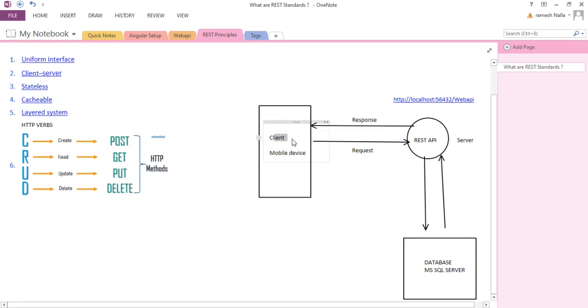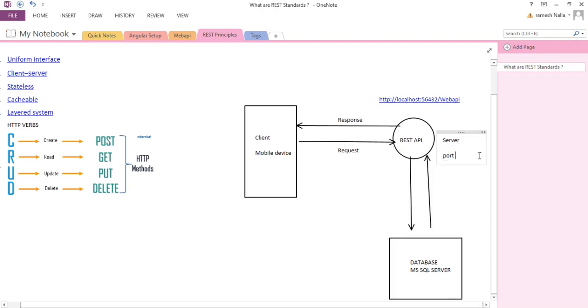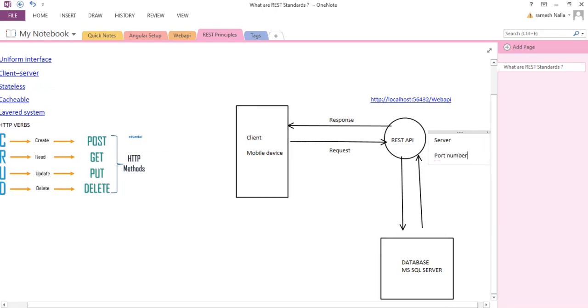Okay, and you are sending a request to the API. This is nothing but a server. So you are sending a request to the server, because the server is running on a particular port number. Each and every service is running on a particular port number, and that has a host name and IP address, these details. So the client is sending a request to the server, that is developed using web API or REST API, and you will get the response. So it will do some process. This server in turn connects to the database.